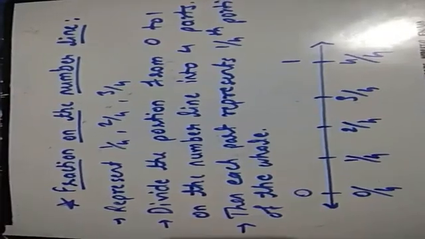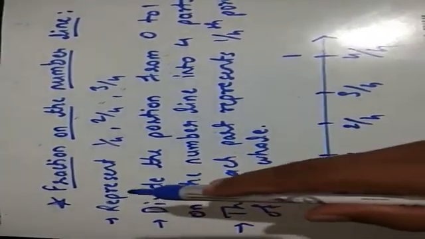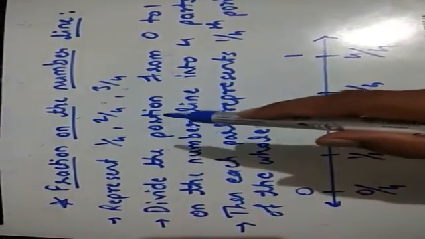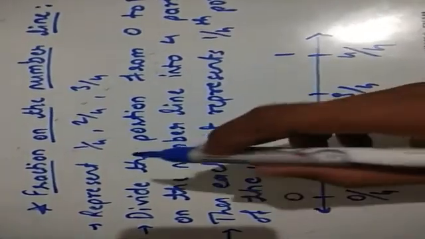Next concept is fractions on the number line. In this we are going to study how to represent fractions on the number line. Here we will take one example. Represent 1 upon 4, 2 upon 4 and 3 upon 4 on the number line. Students, you can see here everywhere the denominator is 4. So what we are going to do